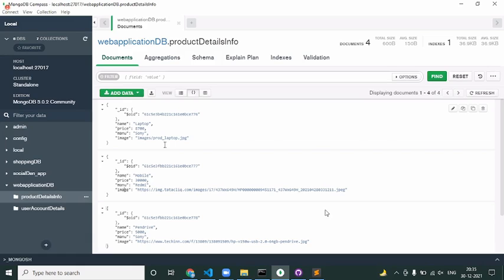But one thing I'm still pending is how do we upload the data manually? For example, why don't we create a page where the user enters the ID or the product details, including the image? How do we upload an image into the database? Sorry, into the server. Those things are still pending.